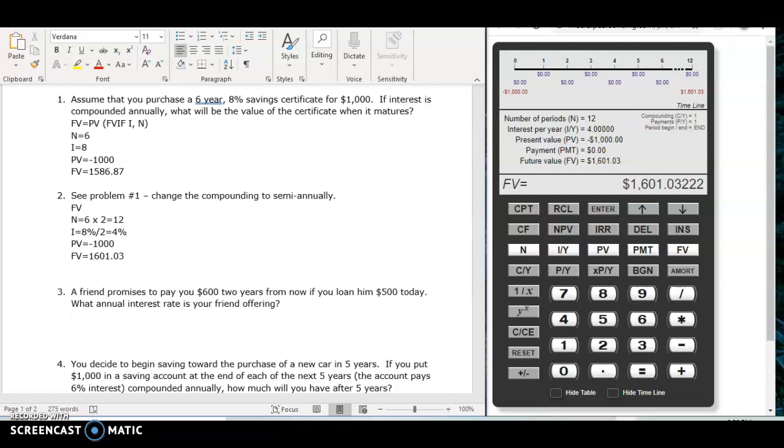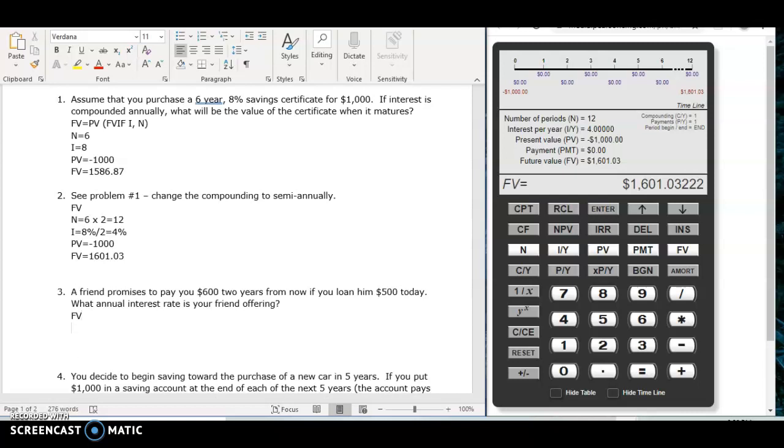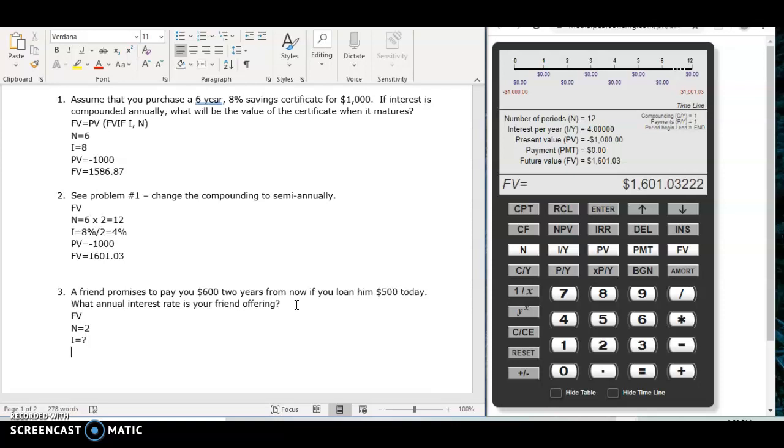They're saying 2 years, so we can use future value to solve. We're going to be looking for N is going to be 2 years. I is what we don't know, so that's our unknown. And our present value was 500. Remember, we have to enter it in as a negative, so that's what I'm going to do. Our future value